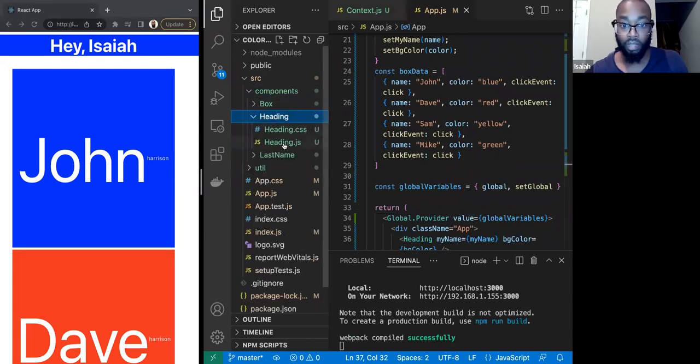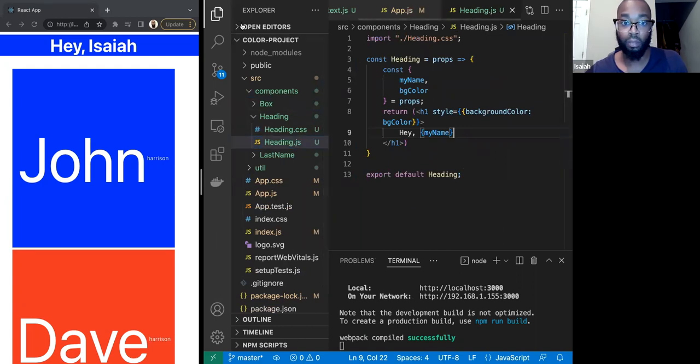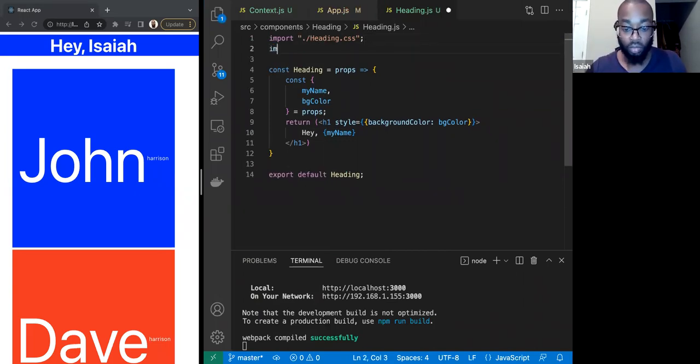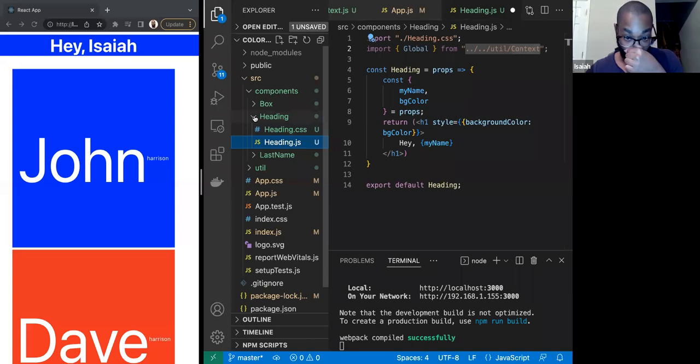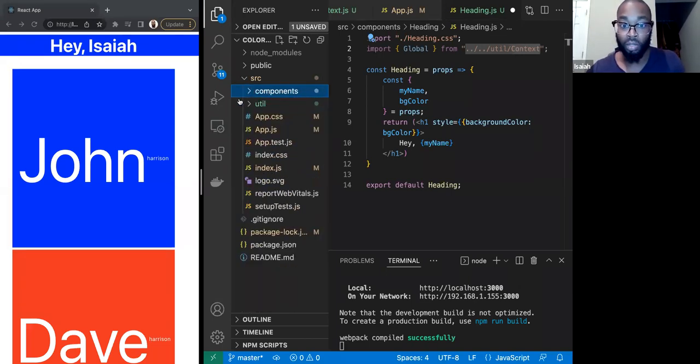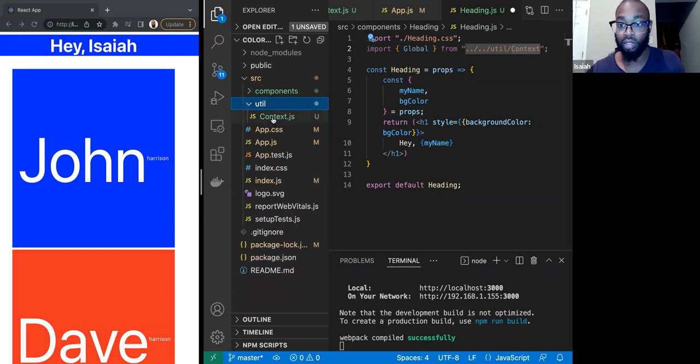Heading JS here. You want to import global from the util and then context folder. We had to go up 2 folders because this was in here. So we got to go up 1 folder, then go up another folder, and then go inside of the util, and then go inside of context. So we're bringing in this global,